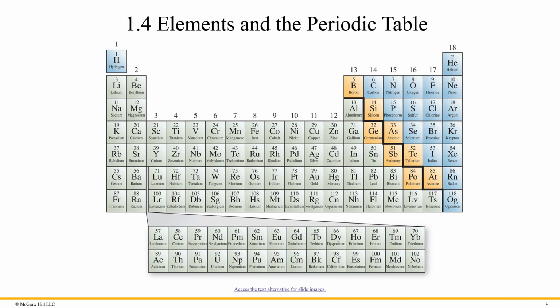And if the elements that appear in the periodic table with their own symbols make up the letters of an alphabet, then this is my alphabet right here, contained in the periodic table. We will learn in subsequent chapters how to use the symbols, these letters, to write words, which will be compound formulas, and then combine those into sentences, which would be chemical reactions. So let's take a look at the periodic table.